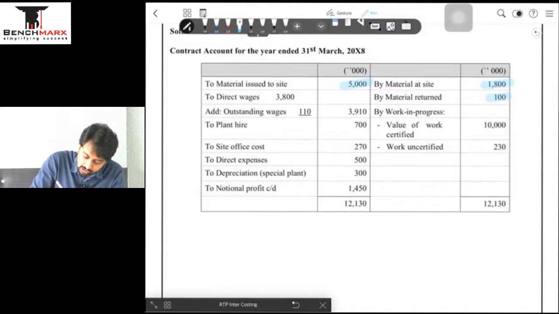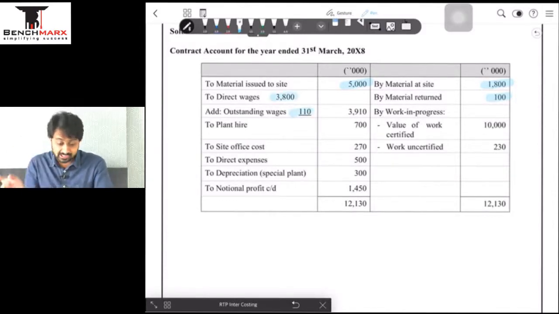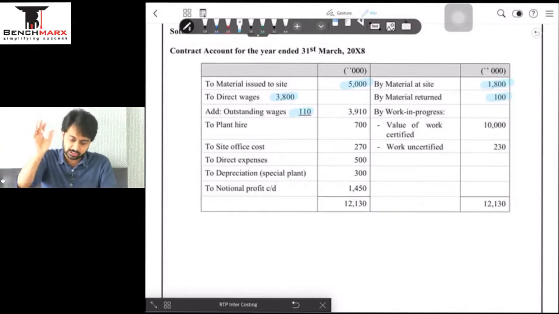Labor paid is 3,800 plus you add outstanding. Don't make the mistake of adding 1,10,000 to 38. 1,10,000 is in proper rupees, 38,100 is in thousands मेरे ख्याल से. So वो तुम बराबर amount compare कर लो, या फिर वो छोड़ो thousands and lakhs, तुम पूरा पूरा figure लिखो cost अपना contract में. It's obviously preferred. कोई अगर figure round figure में अगर नहीं होगा तो तकलीफ होगा. So might as well I personally prefer to write the full amounts. वो क्यों thousands और क्यों lakhs में, पूरा पूरा amount लिख दो ना.